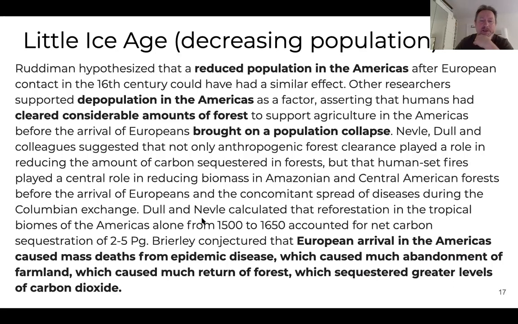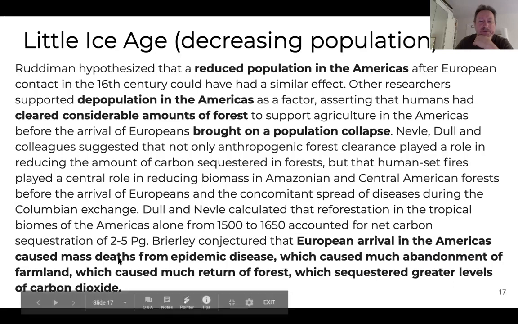Dull and Nevle calculated that reforestation of the tropical biomass in the Americas alone from 1500 to 1650 accounted for net carbon sequestration of 205